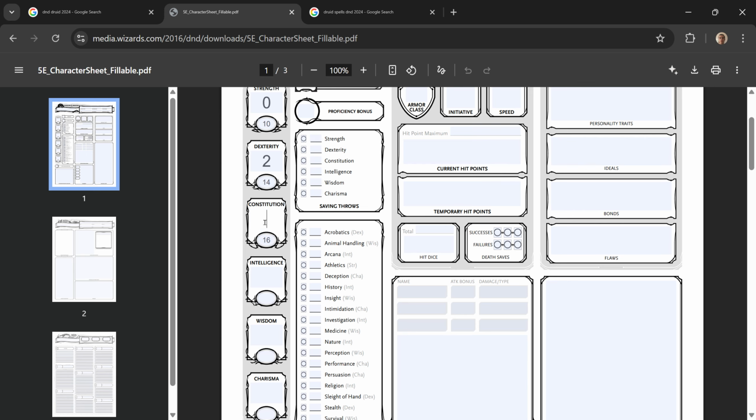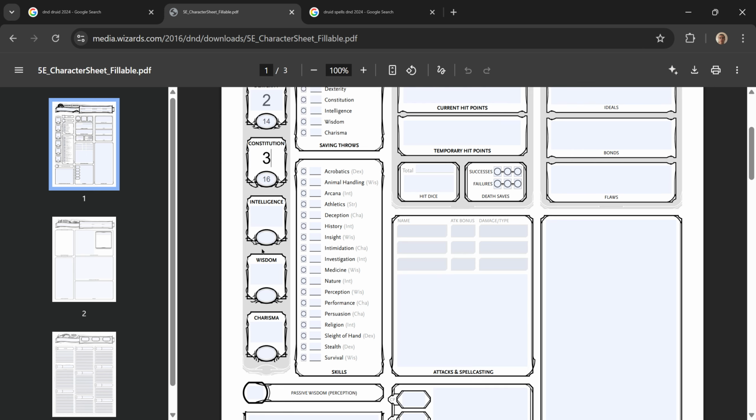But yeah, so right now we are calculating the, how would you say, ability modifiers. That's the main reason why I start with this, because it kind of determines everything else about your character. So yeah, pretty important to get this one